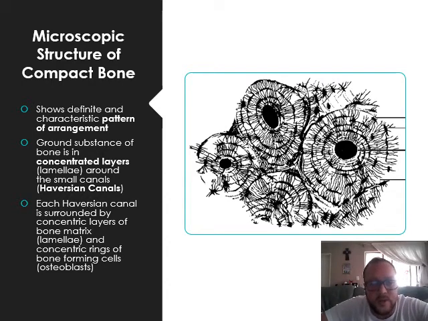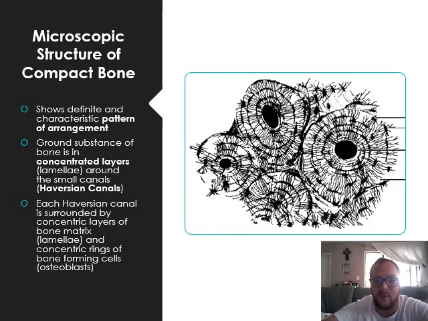So it shows a definite and characteristic pattern of arrangement. One of those individual circles is known as a pattern of arrangement. The ground substance of the bone is in concentrated layers. Do you notice that there are rings? Each one of those bands, those rings, is called a lamella, around small canals called the Haversian canal. In this particular diagram, that dark black spot in the center of each one of those circles is called the Haversian canal. Each Haversian canal is surrounded by concentric layers of bone matrix, or lamella, and the concentric rings